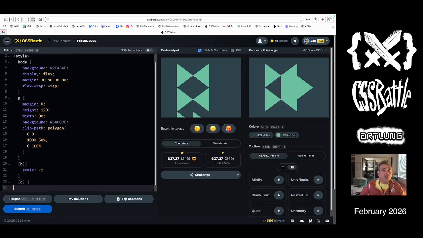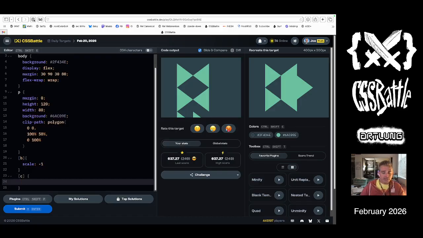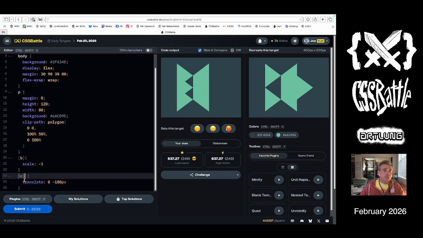So C is going to be translated 0, minus 100 pixels. There you go. 218. There it is. And then C plus C,